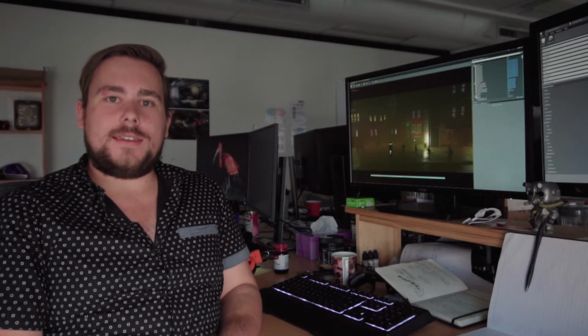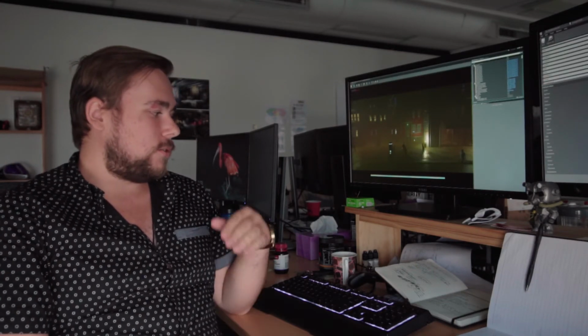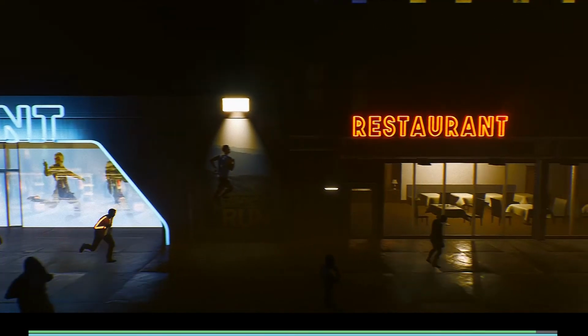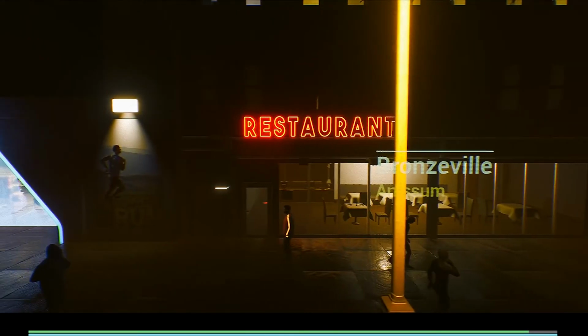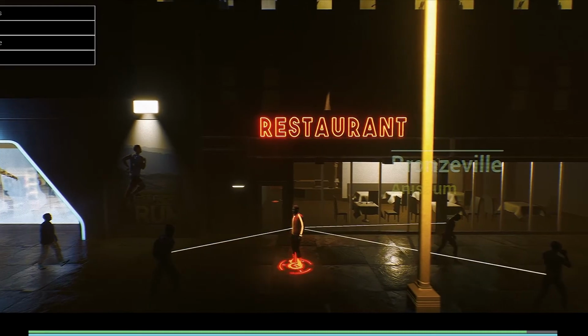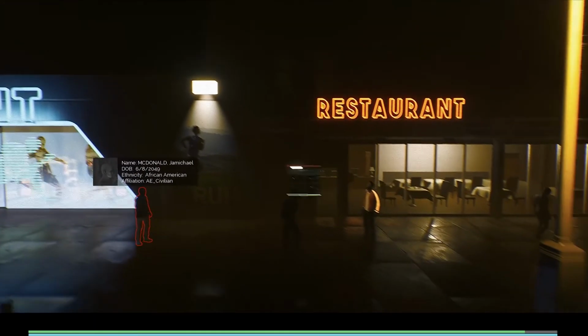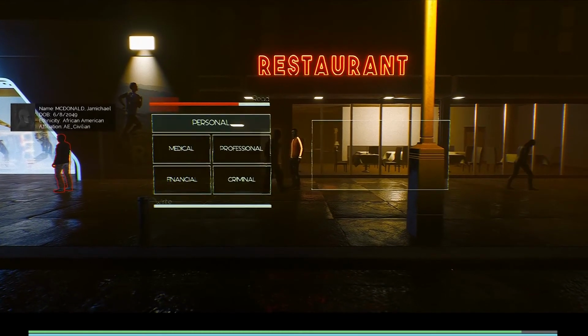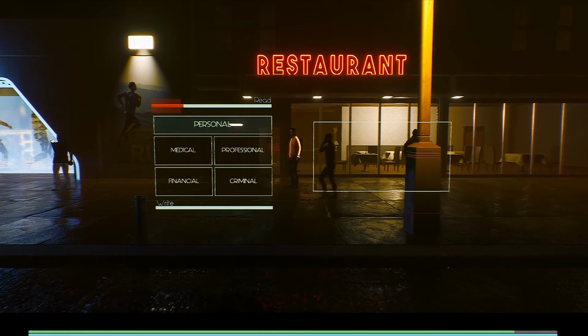Another mechanic in the game that we have is what we're calling meta clipping. I was talking before about how all the NPCs have all this data attached to them. The data is actually stored inside their bodies, whether that's a chip or something like that. And there's actually means in the game for the player or any other character to extract this information through metaclipping. It's basically hacking people.